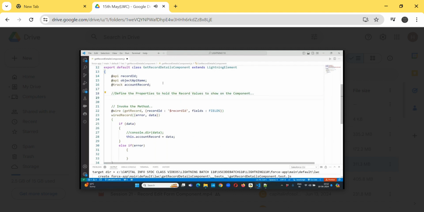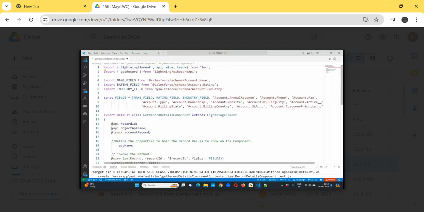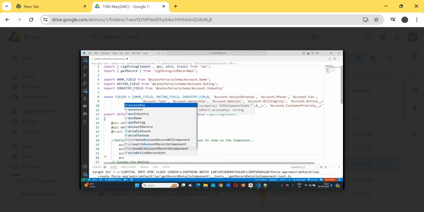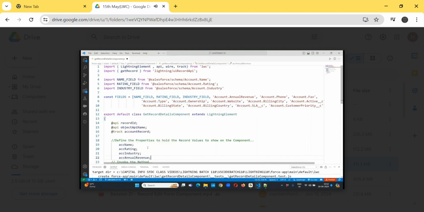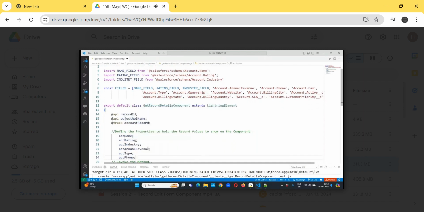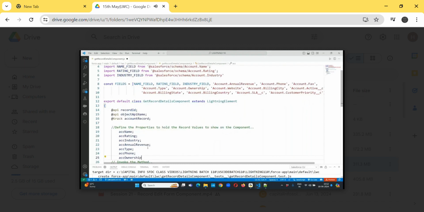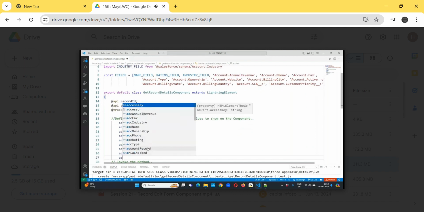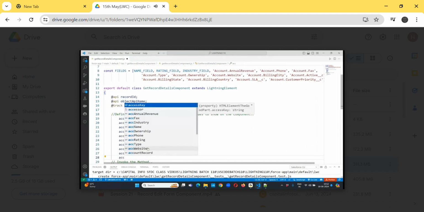Here I'm indicating accName, accRating, annualRevenue, accType, phone, ownership, fax, accWebsite, and then I would like to specify